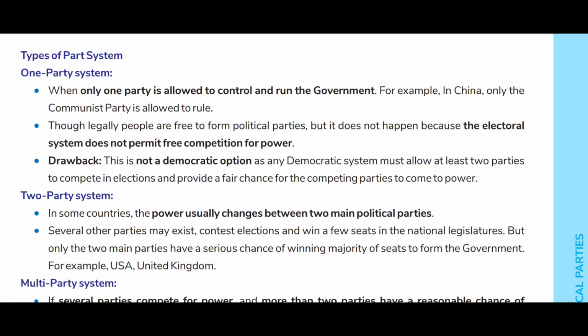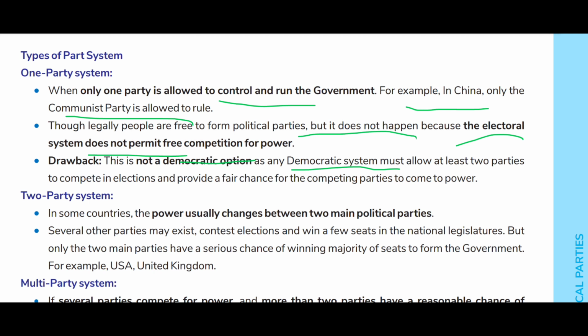One-party system. This is when only one party is allowed to control and run the government. For example, in China, only the Communist Party is allowed to rule. Though legally people are free to form political parties, it does not happen because the electoral system does not permit free competition for power. The drawback of the one-party system is that this is not a democratic option,